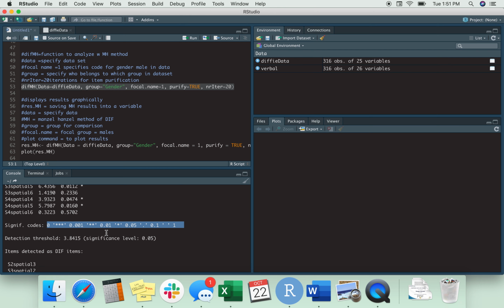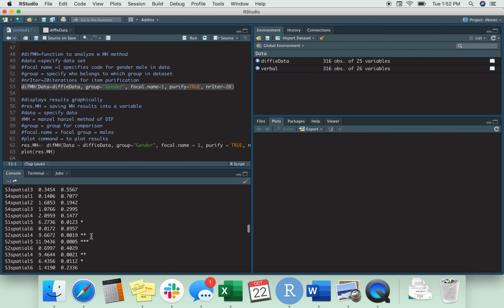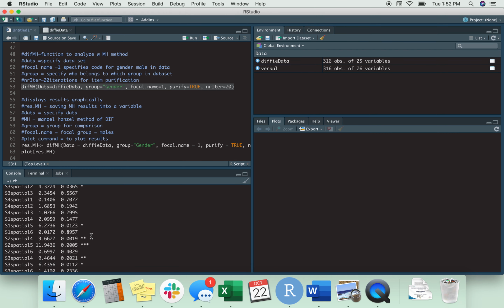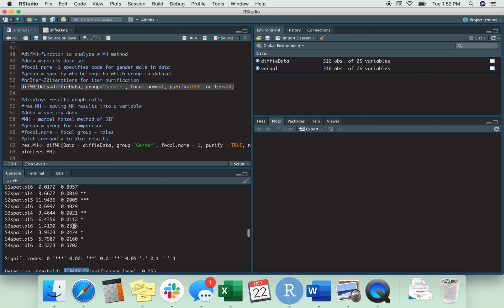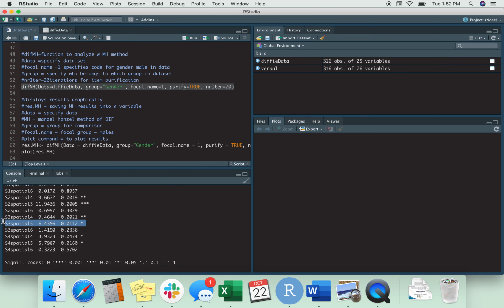I don't know why. So you can easily identify items that are detected as differentially functioning by looking at the number of asterisks next to the items. The item codes are presented above this table. The detection threshold right here tells us what chi-square value is the cutoff for significance at the 0.05 level. So, for example, we see that the S2 spatial 5 item right here has 3